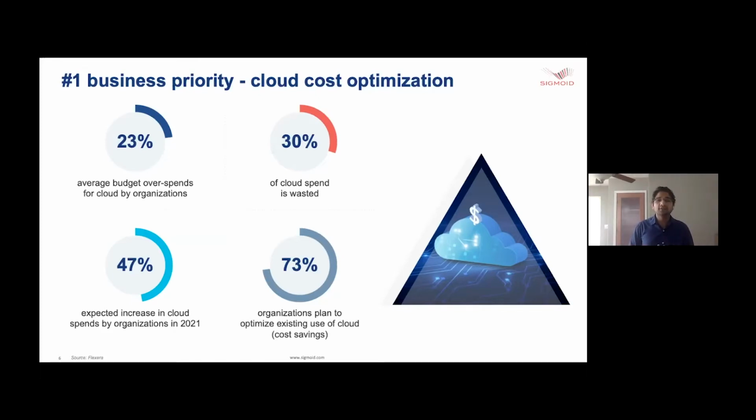And the second aspect, which is equally shocking, is that about 30% of cloud spend ends up being wasted. It's either prototypes which didn't materialize, or unmanaged cloud environments. So since almost 1 in 2 organizations see their cloud spend increasing, we are here to talk about how we have managed to control cloud cost, and how you can do the same